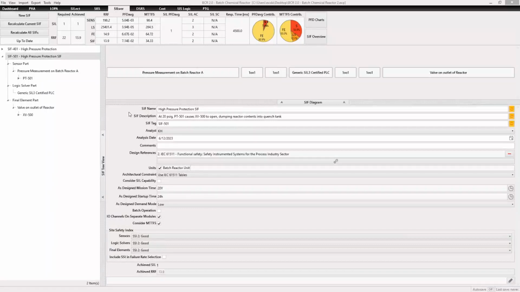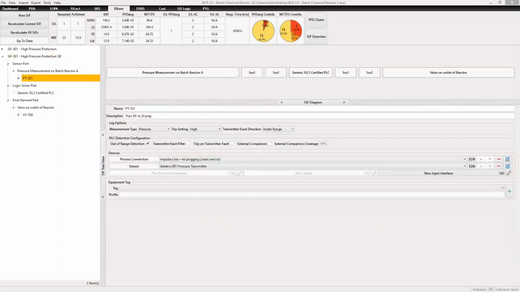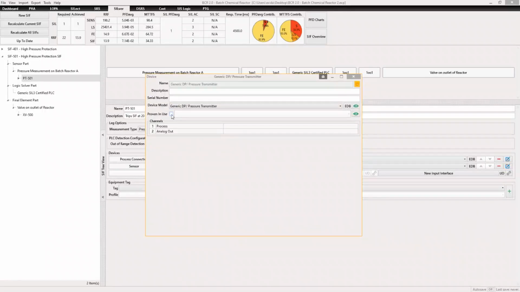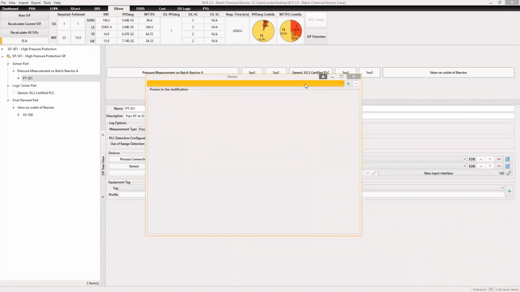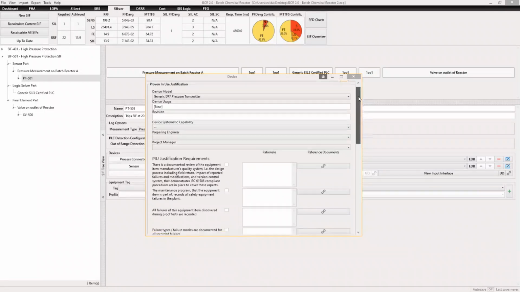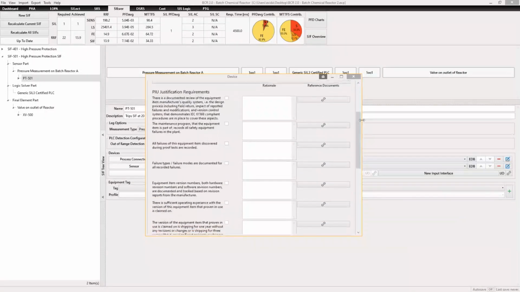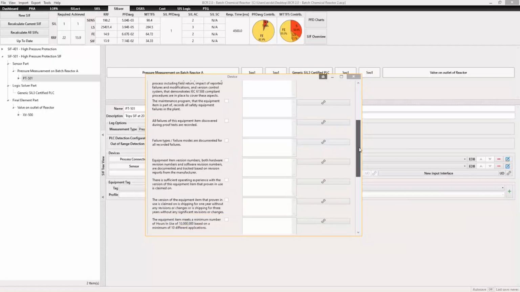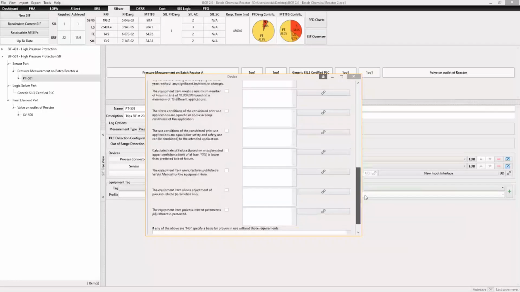The other thing you could do is just go into the database and choose SIL certified equipment. For the sake of time, I'm not going to do that. One other option is within exSILentia, you can do a proven in use justification. So if I go into the pressure transmitter and I want to do the proven in use justification, I would be able to do that within exSILentia. So I could create a new one, and it would allow me to basically look at a number of requirements for devices that aren't certified and justify why I think that they're appropriate for the application